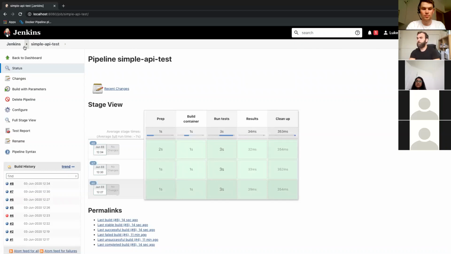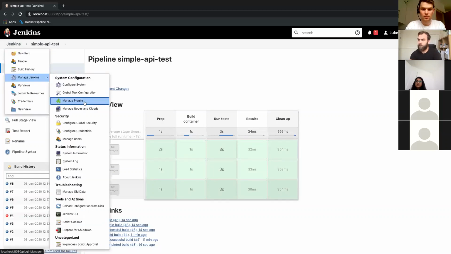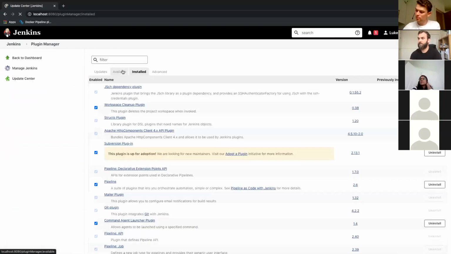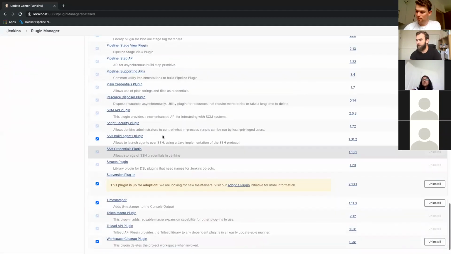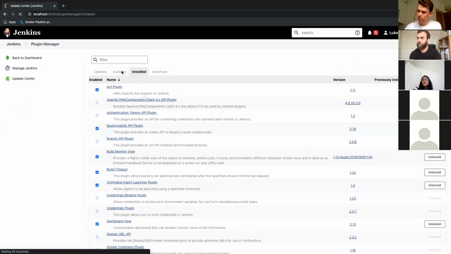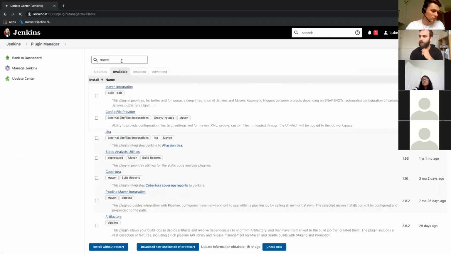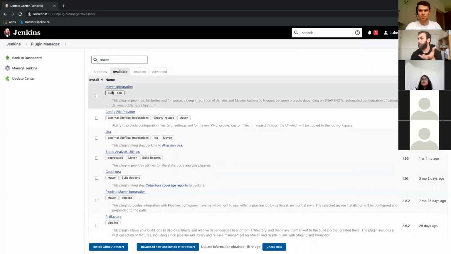I think that gives you a good overview of some of the power that you can do with a Jenkins pipeline. Just to sort of show you around a little bit, so there are various plugins that you can get. There's an entire sort of library of them. As I say, there's plenty of them that come by default. You can search on them. So if you say wanted to run something in Maven, you just type Maven and there's a bunch of plugins which will probably help you build Maven task jobs.